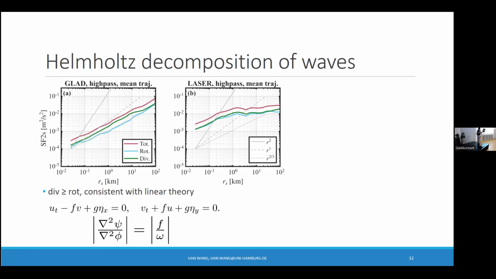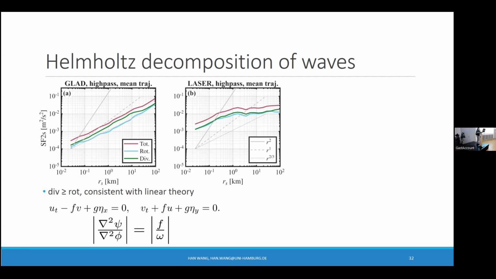For the high-pass second-order structure functions, we see something very nice, which is that the divergent second-order structure function in the high-pass component is always larger than or equal to the rotational second-order structure function. And this agrees very well with linear internal wave theory, which is saying that if you just rearrange the